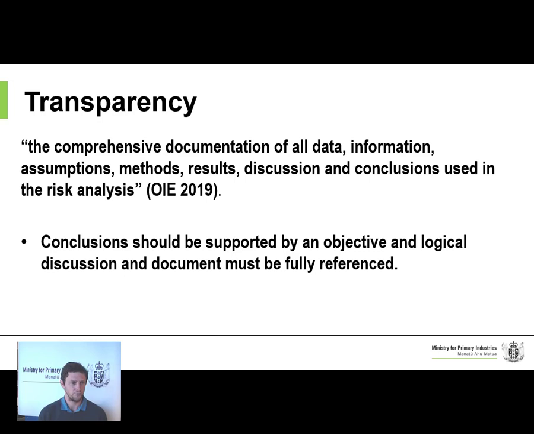And so in future modules, we will use a few examples in this space, and we will show what the risk analysis document has actually detailed regarding a particular risk organism, and how it's actually been established in the document, and references that are generally called upon to help make the risk analysis or risk assessment itself. So the reason for this is to enable, not the only reason, but one of the main reasons, is to allow any affected party, whether it be domestic or international, to challenge or consider the types of conclusions that have been gathered from the reference material.